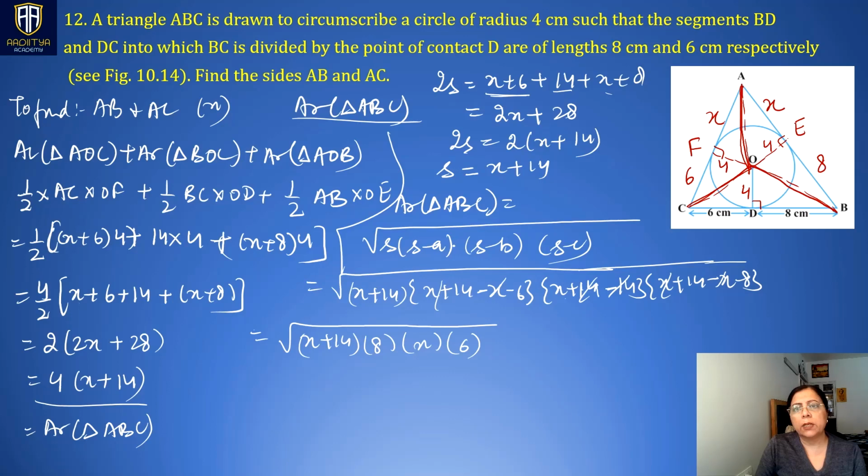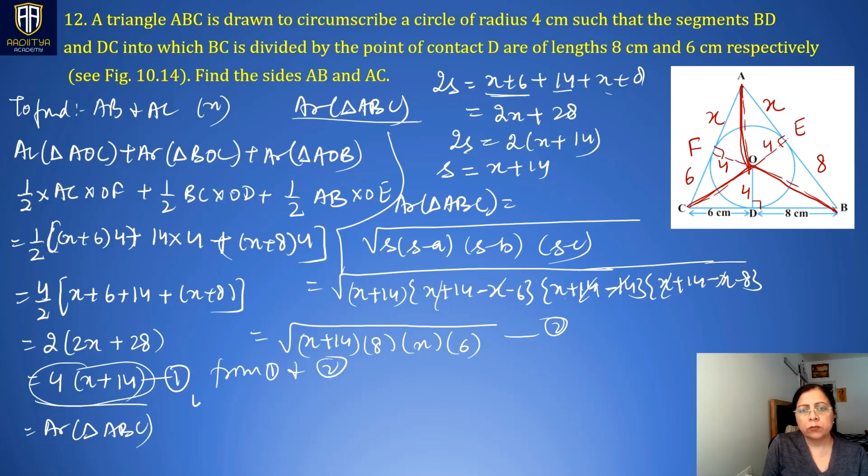We can simply equate this area to the area we had found earlier. Let this be equation 1 and let this be equation 2. So from 1 and 2, 4 times x plus 14 is equal to square root of